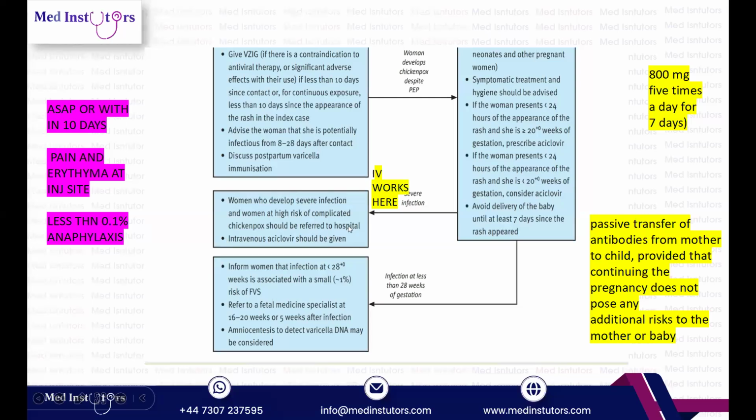So see, the severe infection and also the women who are at high risk of complication. Is that clear? All right. Okay, so what happens if the infection is less than 28 weeks,